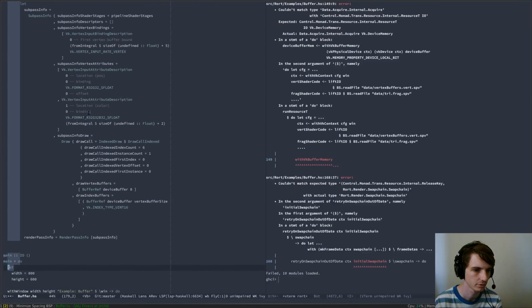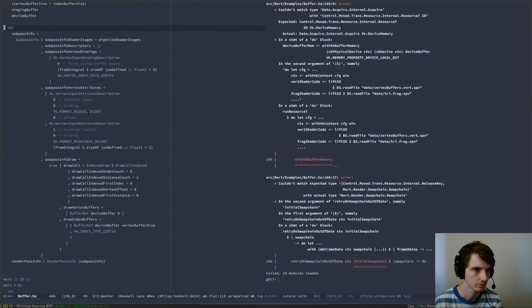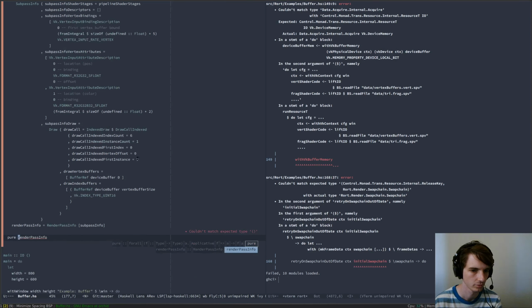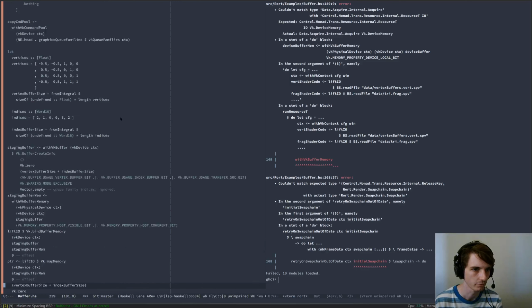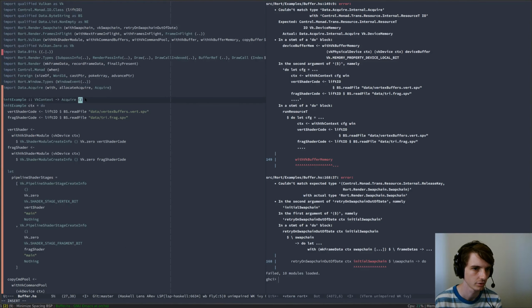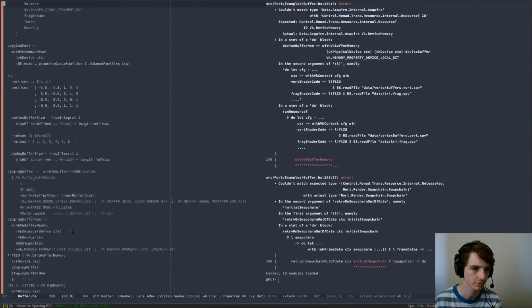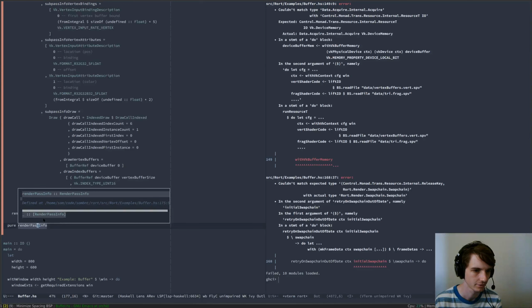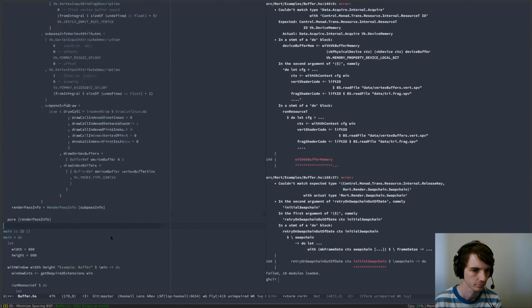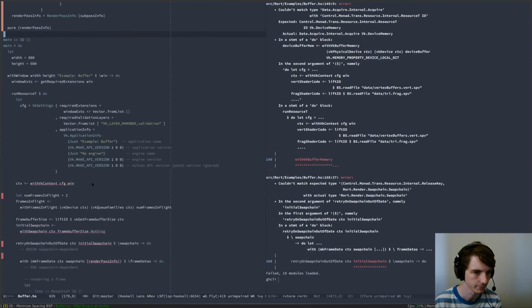Get rid of all this. Then we'll go pure render pass info. And we will have to change this. We can actually have multiple render passes, so we'll just return a list. Okay. Now,